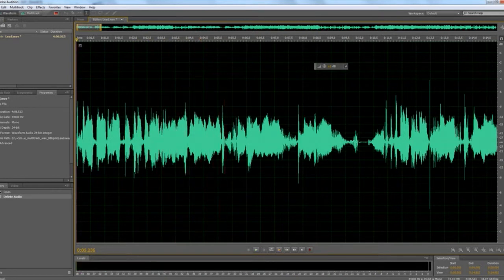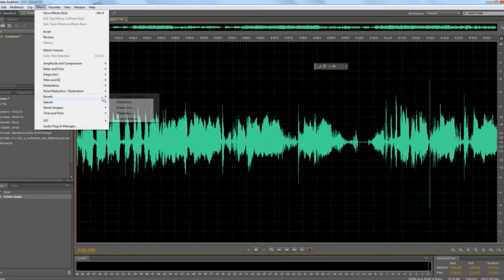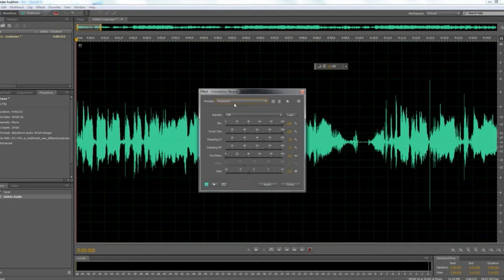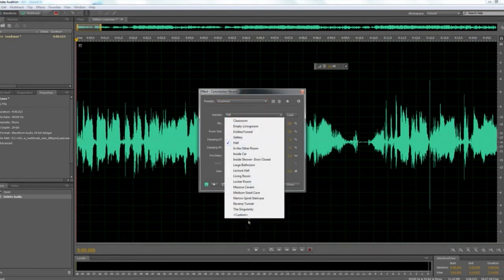Okay, and over this vocal recording, I'm going to be applying and demonstrating the two different types of reverb. The first one that I'm going to use is the convolution reverb. And the convolution reverb sounds very natural and very realistic because it uses recordings of real spaces. And we can emulate those spaces through the presets. Now I'm going to pick